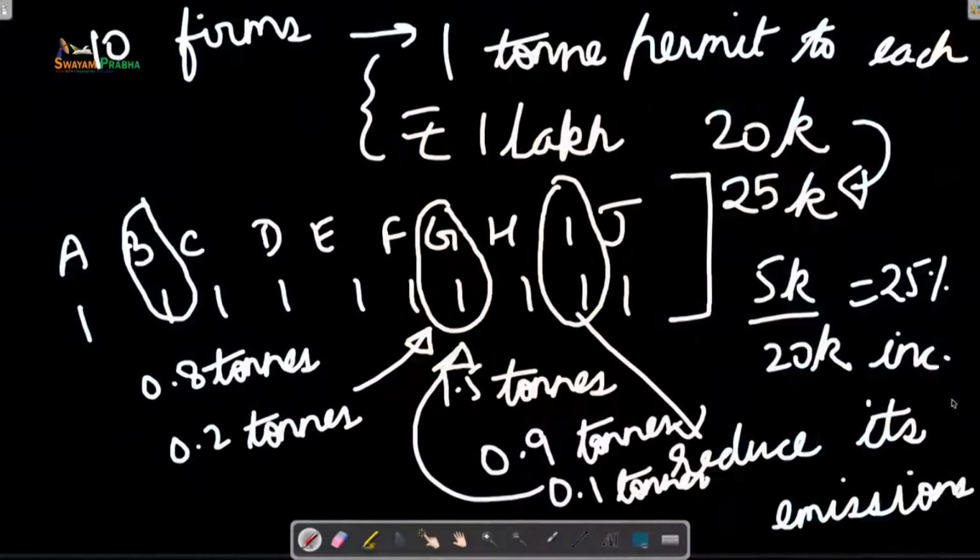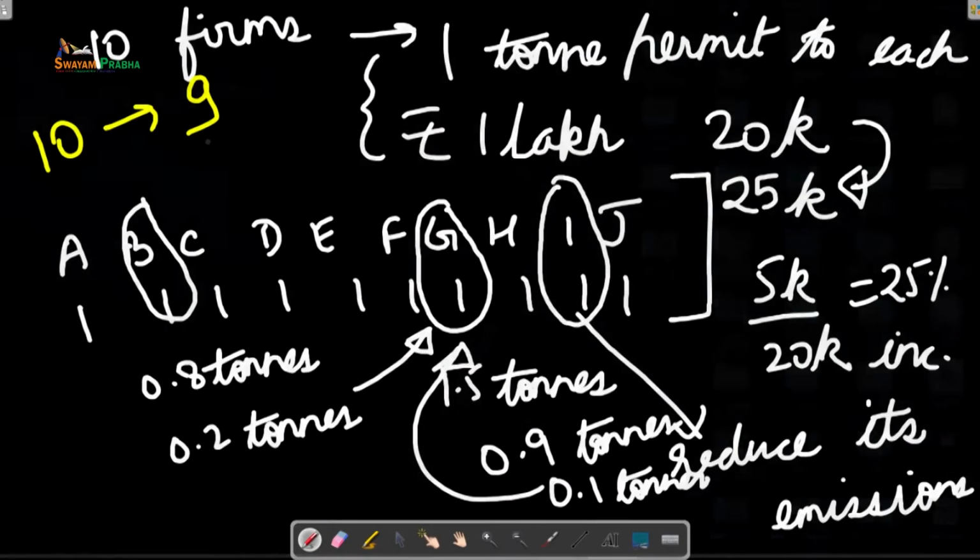Now, in this case, we have a solution to the problem of externality. The government wanted to reduce the externality in the form of pollution, and this is one way of doing it. The government may go even a step further. The government may say that, okay, this year we permitted 10 permits, but next year we are going to permit only 9. So, when there is a gradual reduction in the number of permits that will be issued, then slowly